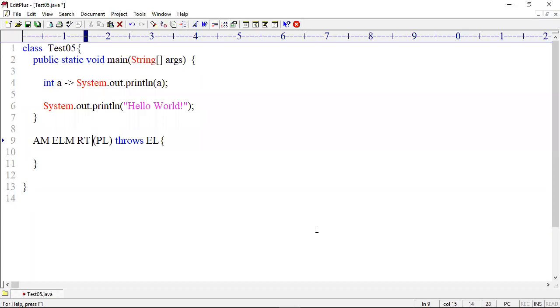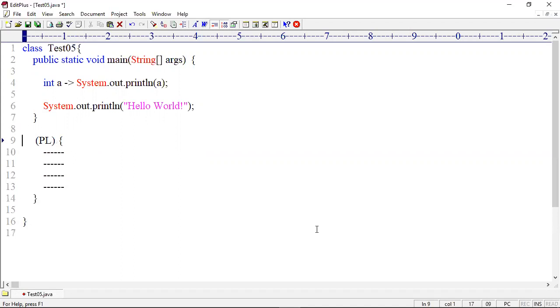When name is not there, why do you need a return type? Not required. Why do you need an execution modifier? Not required. Accessibility modifier? Not required. Because when there is no name, you cannot call it. So all of those are removed. Then throws exception list is also not required, because the signature must be there. Then only remaining is the parameter list, open bracket, closed bracket, and inside you can write a number of statements, your wish.